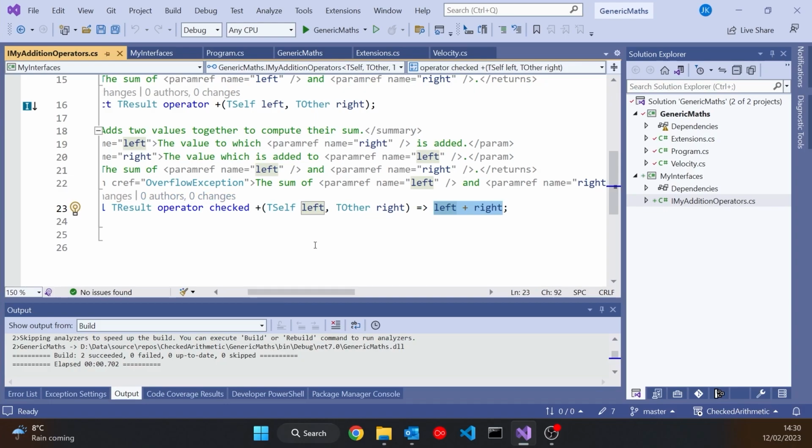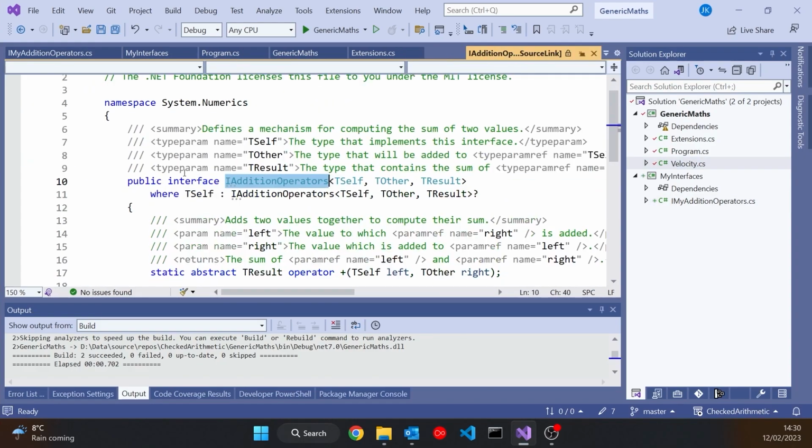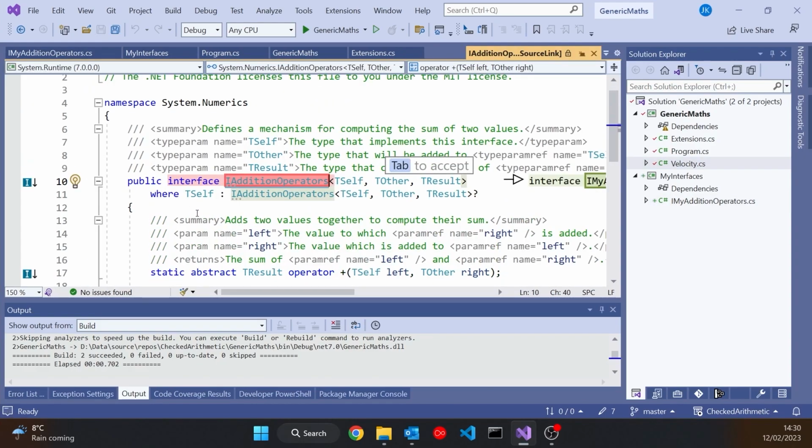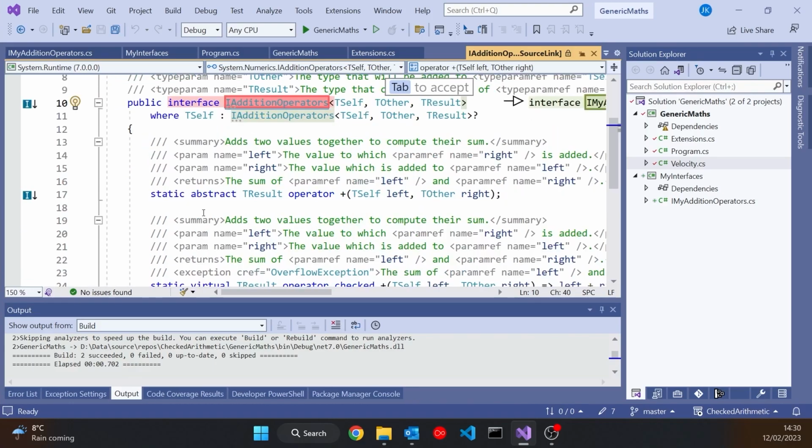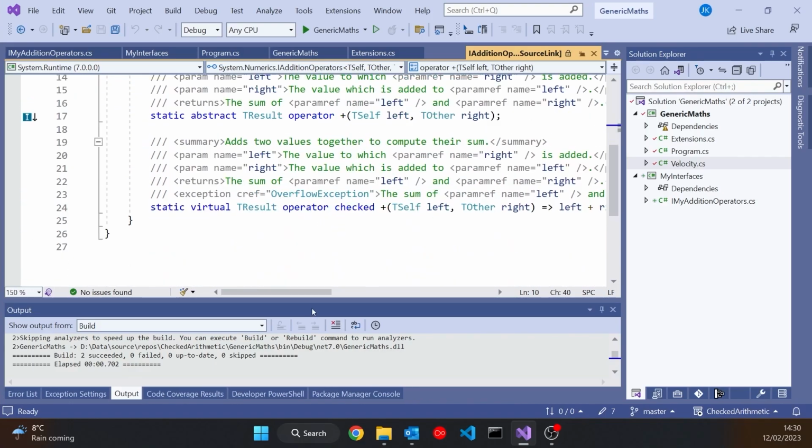And of course, that's what was happening with the actual original interface. When we had a look at this one here, that code is built unchecked, and so that's why the checked version always calls the unchecked version. So quite a simple, really quite obvious once you think about it, answer to what's going on, but you've got to spot the fact that checked and unchecked don't cascade, they only apply to code directly inside them. So nothing's going to really change your way of programming C# there, but it's an interesting question. Thought it was worth answering.